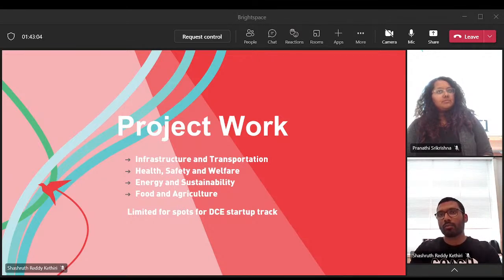And we have a limited number of spots for a startup track. So essentially, from each of these 4 topics, we have 5 spots available. It's based on a first come, first serve basis on Monday, where teams can decide to take part in the startup track. And if they sign up in time and get a spot, you will be following a